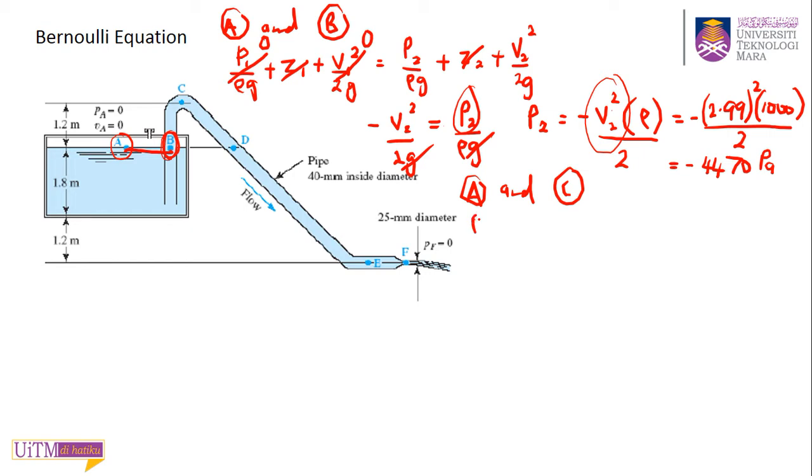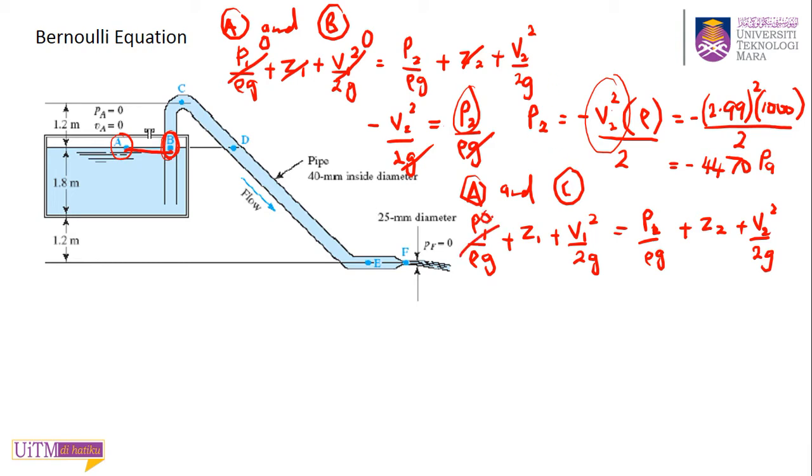P at A over rho G plus Z at A plus VA squared over 2G equal to P at C, P2 over rho G plus ZC plus V2 squared over 2G. In this case, you can cancel out, P1 is 0 and V1 is also 0,